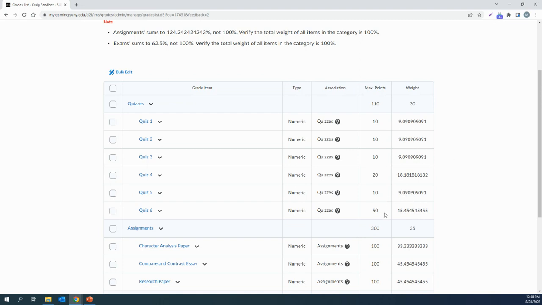Some people like that because they don't want their 50-point quiz to count as much as their 10-point quiz does. They want their 50-point quiz to count for more since it's worth more points. So they set it up this way so it's weighted heavier. The downside is,